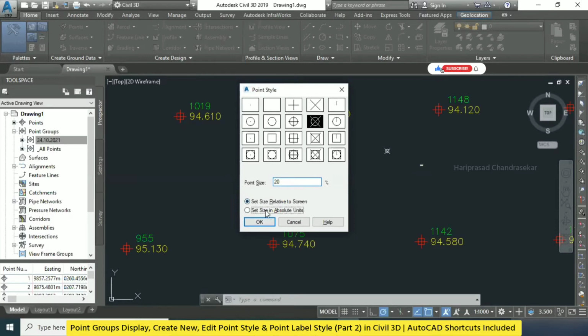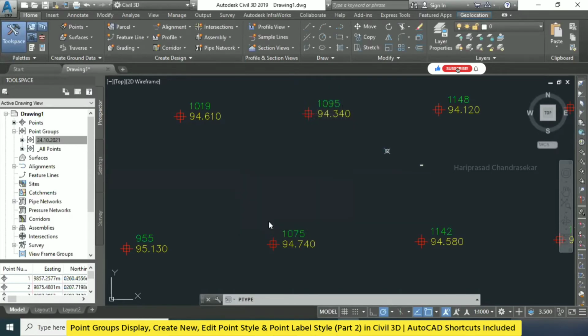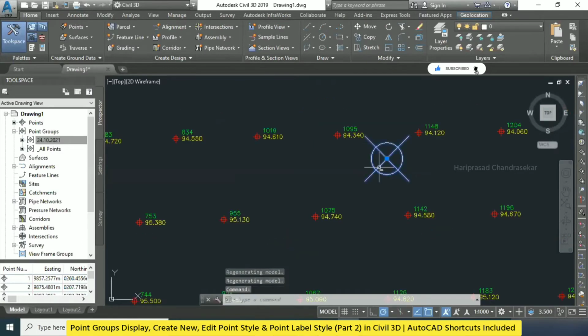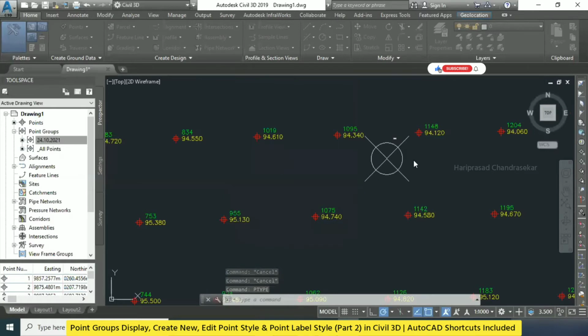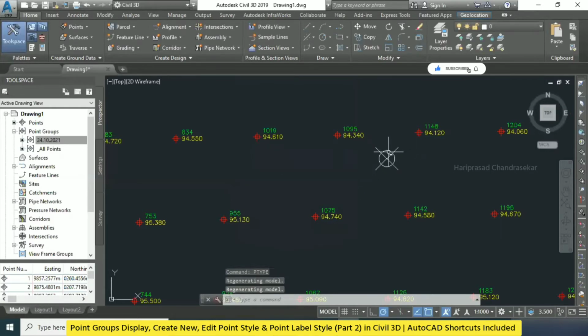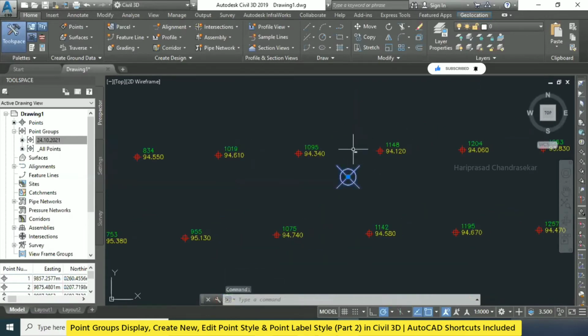Okay. This is really small. But at 20 units you can scale it. Yeah, now it will. Maybe this is more, very bigger. So the point type itself we have. I think 10 could be better. 10, yes. Okay, 10 also good, right? Okay, no issue. And then you can, but we can't change color.